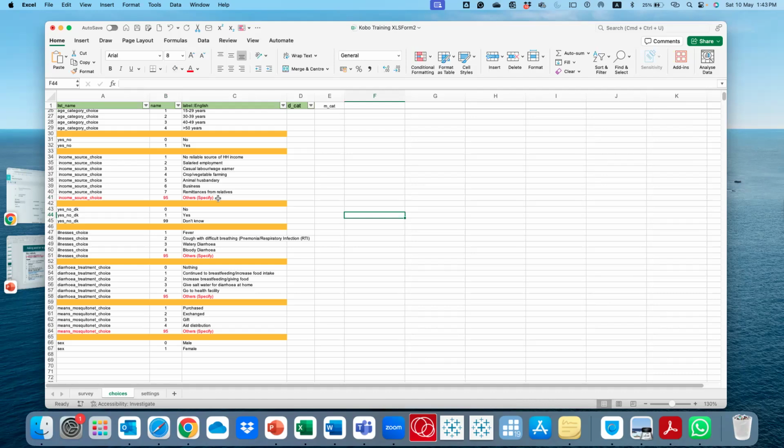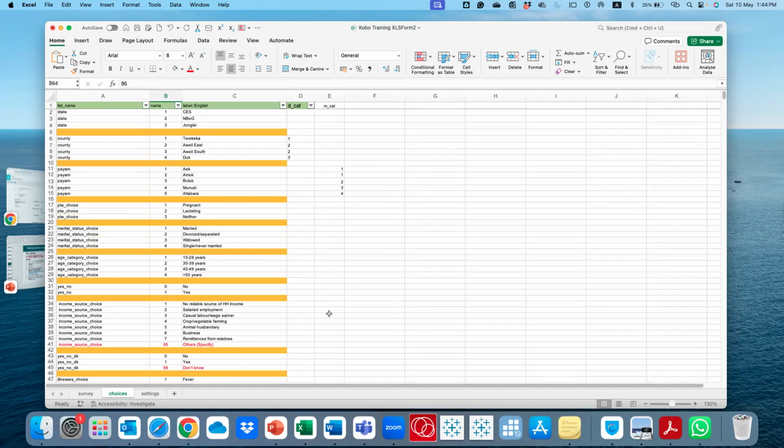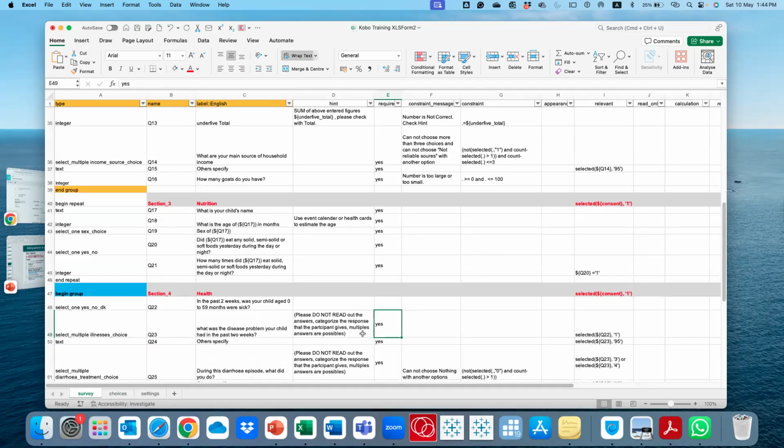For these categories of questions, you need to define early on, like do not know here is 99, right? So other is 95. So wherever there is a do not know, or wherever there is other, you are going to use that specific code all through, not chronological. So those are some of the things that you need to pay attention to very, very early on, and it's going to save you a ton of time when you're cleaning your data and doing your analysis.